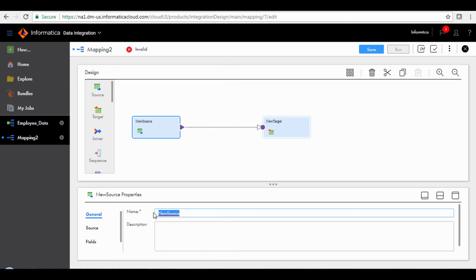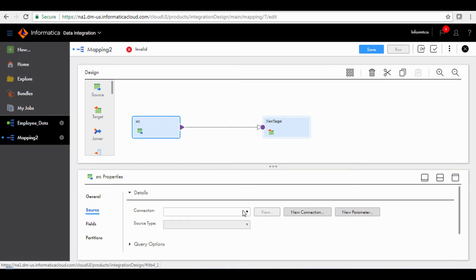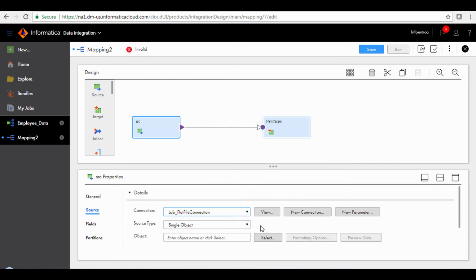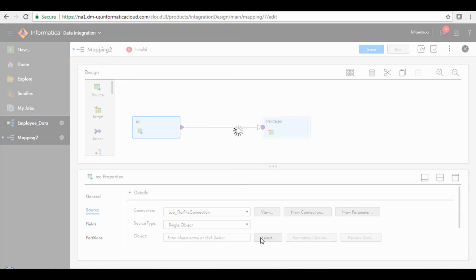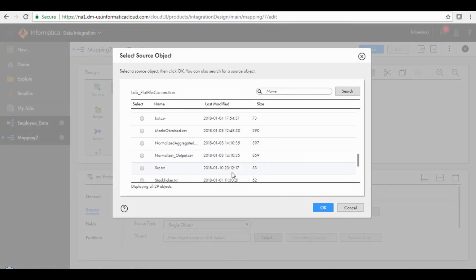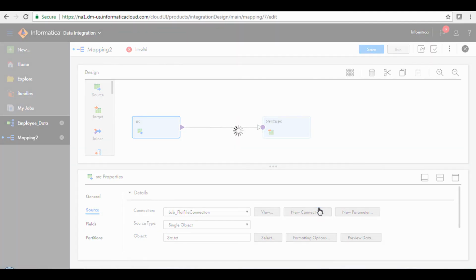In the Source Properties pane, enter SRC in the name field and click Source tab in the Source Properties pane and select the flat file connection from the Connection dropdown. Select Single Object as your source type. Click the Select button beside the Object field. And from the pop-up window, we will select the src.txt file in which we have saved the location of the